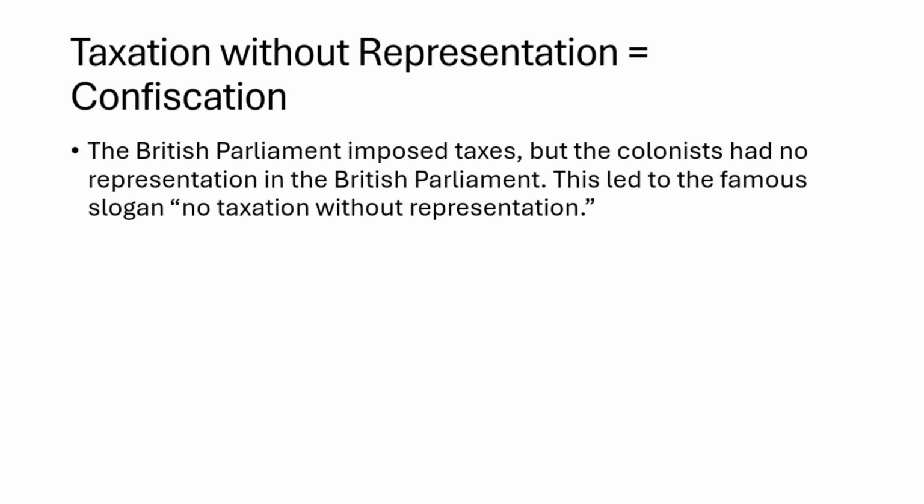The slide number 3 is about a fundamental issue during the American Revolution: taxation without representation. The British Parliament imposed taxes on the colonists, but the colonists had no say in the lawmaking process. This meant that the British could take away any of the colonists' rights or property, making them feel as if they had been completely robbed. This led to the famous slogan, "No taxation without representation," and was a major factor in Americans' decision to fight